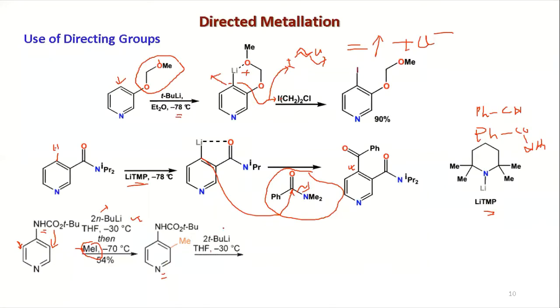Then you use another batch of butyl lithium, two equivalents. The first equivalent, as usual, is going to take the proton from here, which will be negative, and it will just abstract the proton. So one equivalent will be destroyed there. And now another equivalent is going to abstract the proton from this methyl, because the negative charge of a methyl will be stabilized. So CH2 minus will be stabilized because you have this resonating structure.